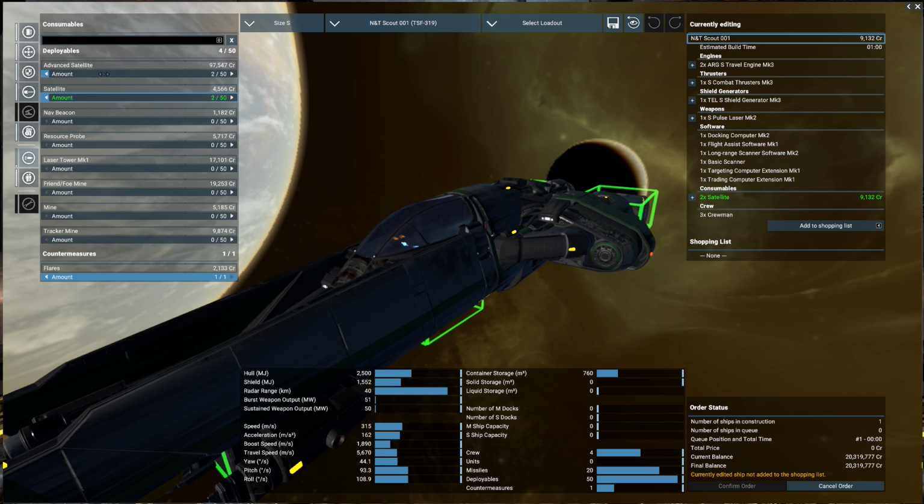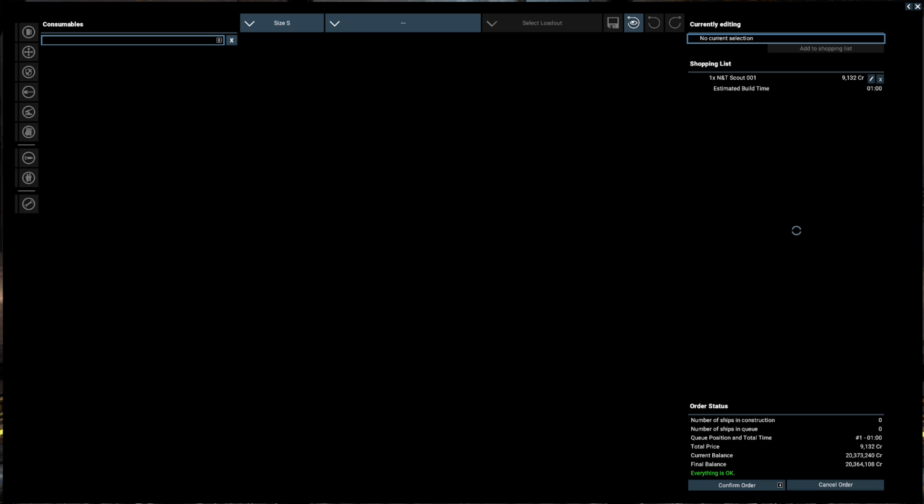To choose how many satellites you want, you will need to click and hold on the amount bar and drag your mouse to the right until you have reached the desired number of satellites you want to buy. Once you are happy with the amount you want to buy, you can head over to the right of your screen and click Add to Shopping List. Now you will be taken to the shopping list, where you can confirm your order at the bottom right of